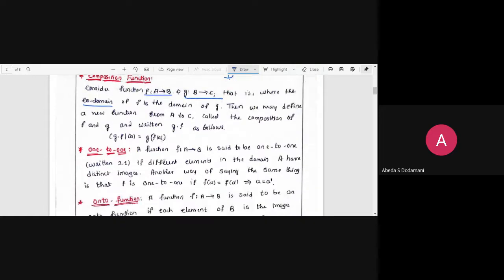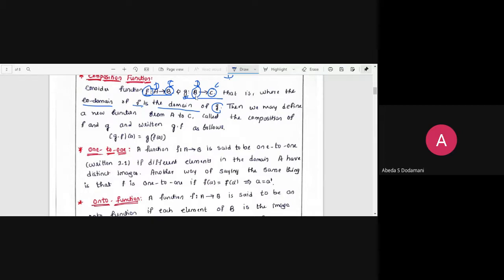So here we'll come back to the composition function. We have the function f from A to B and g is a function from B to C. In this function B is the codomain and in this function C is the codomain. So the codomain of the function f is nothing but the domain of g. Are you following? This is your domain here, this is your codomain here. Here it is domain and here this is codomain. So the codomain of the given function f is the domain of the given function g. Following, guys?